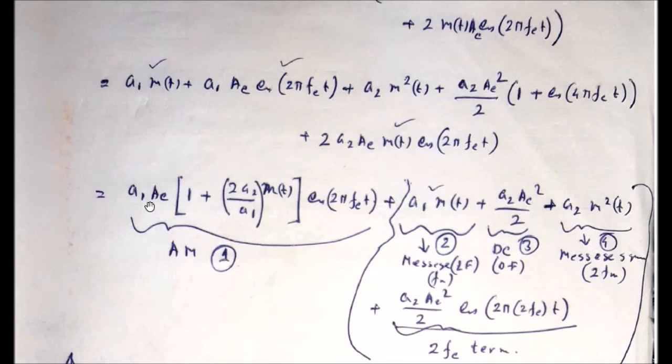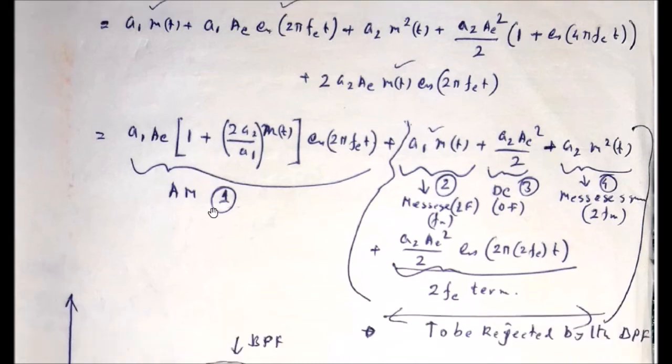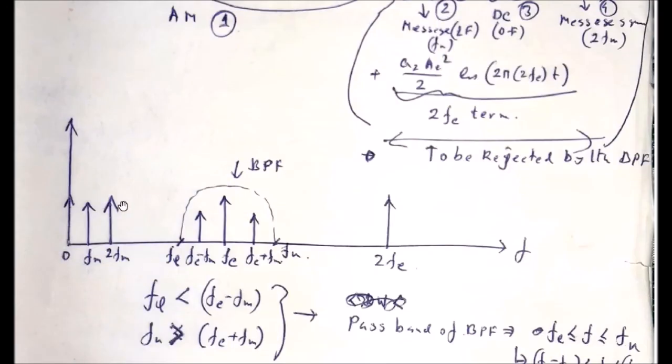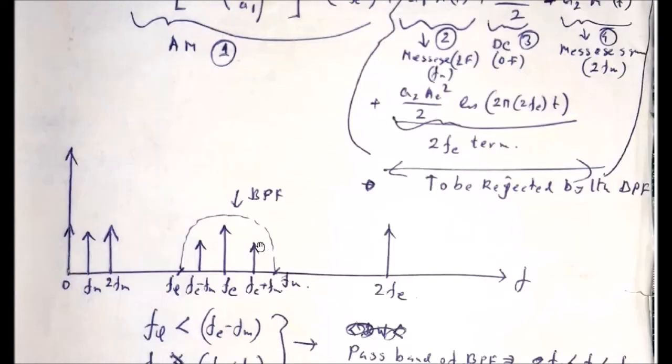This particular term can again be dissolved into two terms, upper sideband and lower sideband. So these two terms as a whole can be represented this way. Just do the simplification on your own. You will obtain this term. It is the form of the amplitude modulated waveform. It will have three frequency components. The first one will be FC, the unchanged carrier signal, the second one will be the upper sideband, the third one will be the lower sideband.